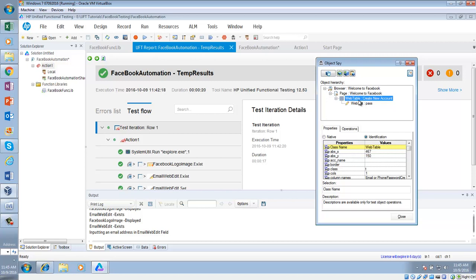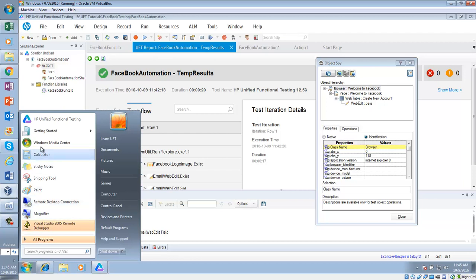Okay. Did you get it? I'm going to copy how. Yeah, I understand. But if there is a web table, how am I going to copy? I'm not going to copy this one. I'll just copy browser, page, and web edit. Alright, so let me show you actually how I'm omitting that web table. I'm copying all the attributes for that